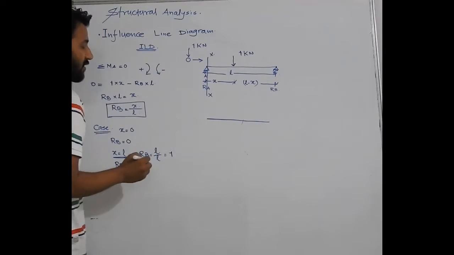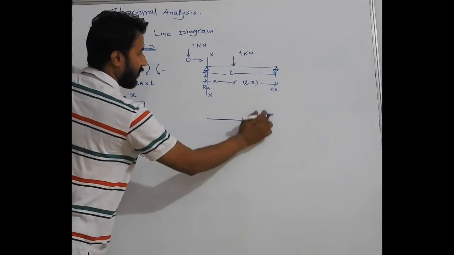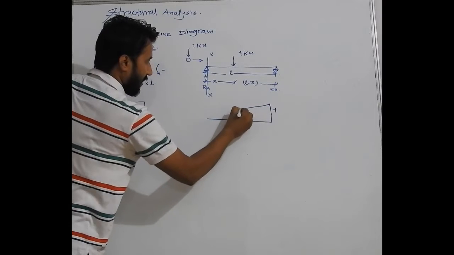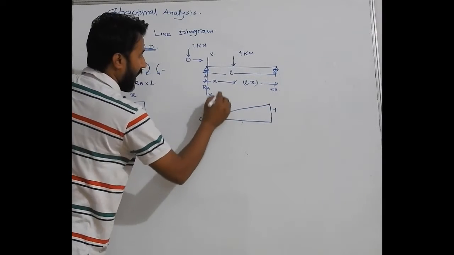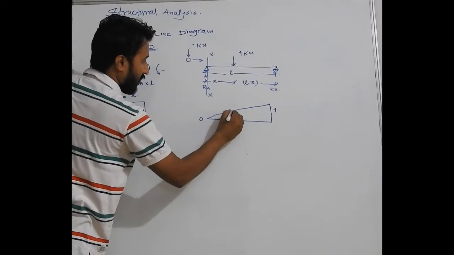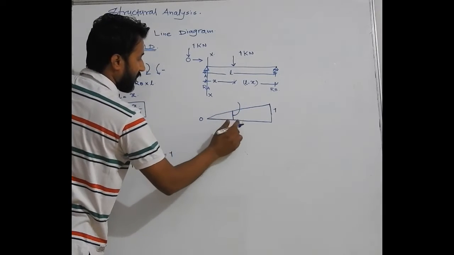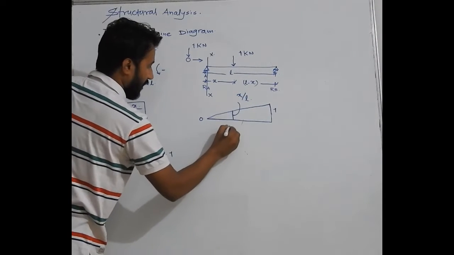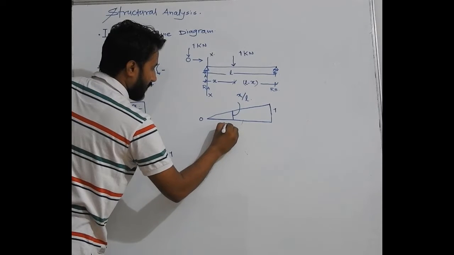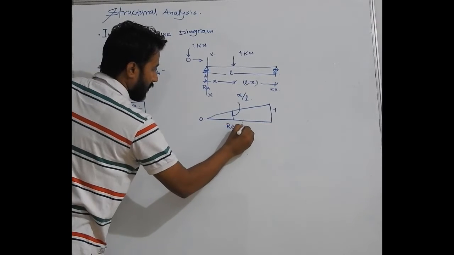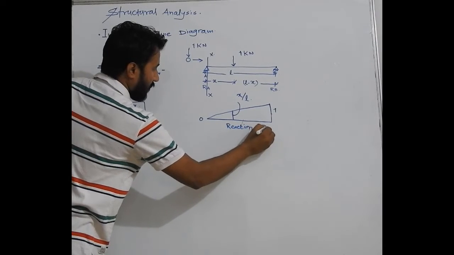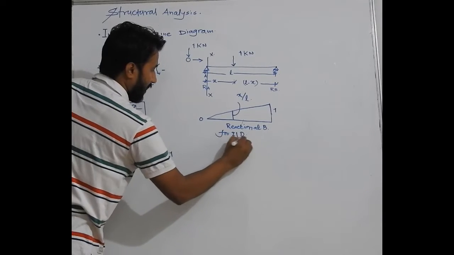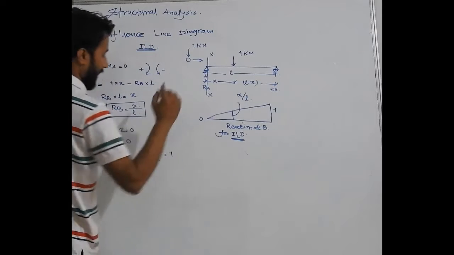Shear force diagram for influence line, the reaction for RB will be like this. At B there will be 1, and at x equals 0 there will be 0, and at any section, if you have to calculate the reaction at B, this will be equal to x by L. So this is what we have calculated, the reaction at B for the influence line diagram. So we are taking this reaction B as x by L.